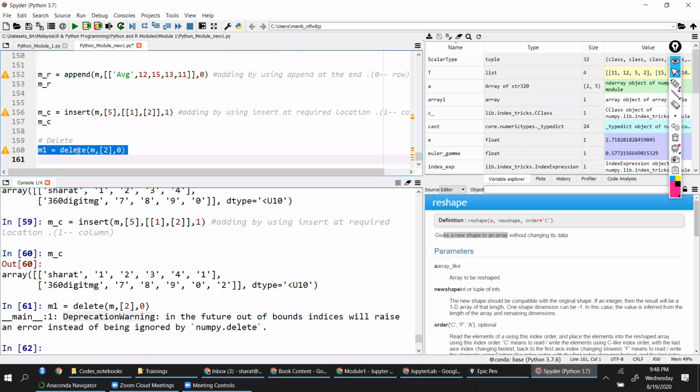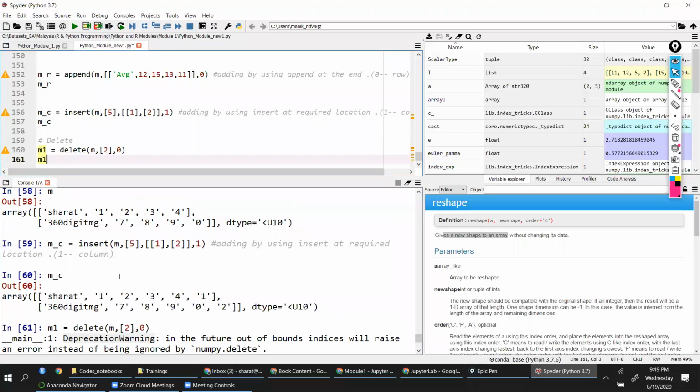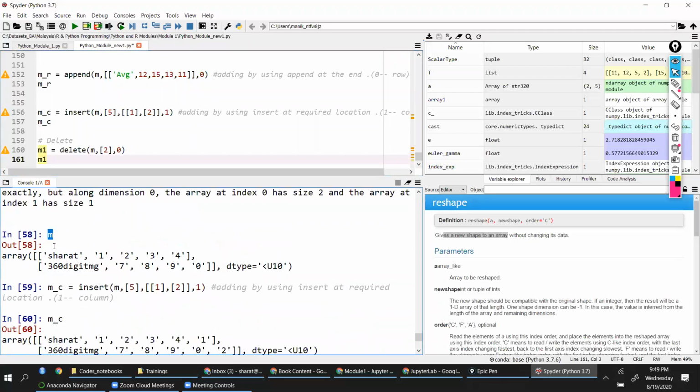Right? So when I did this, what would be my M1 matrix? 0 means axis, right? This is the object. So what happens when I do delete? The appended one will get lost. I'm using M. I'm not using M underscore C or M underscore R. I'm still using M. So this is my matrix.